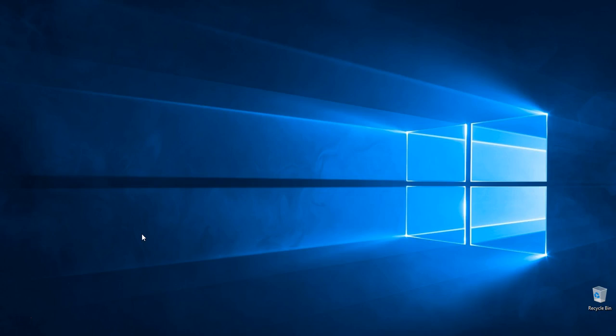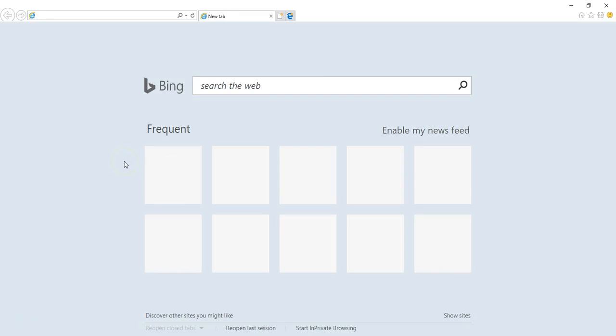To start off with, we need to go to the Svantek website to decide which software we want to download. So if I open a browser, this is Internet Explorer for what it's worth, but it can be Chrome or Firefox or whatever you like. And we'll go to the Svantek website, which is